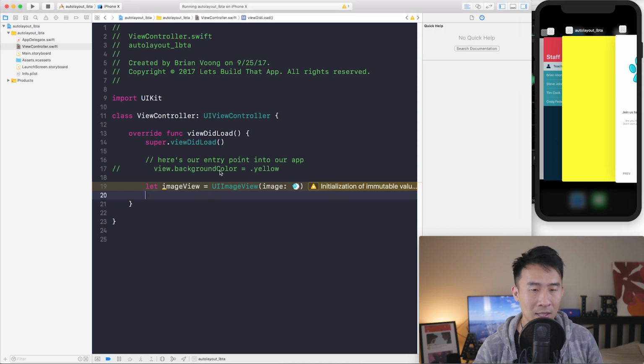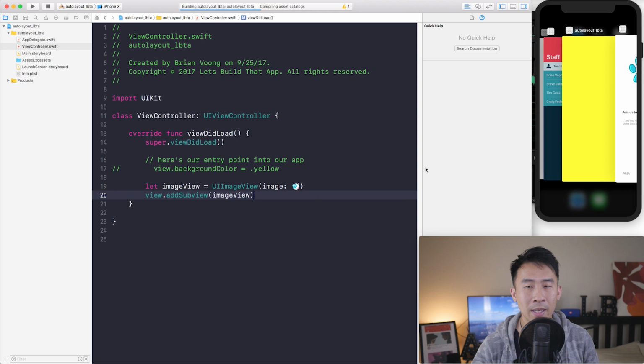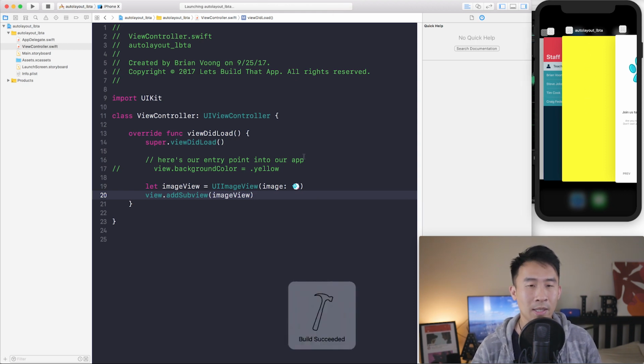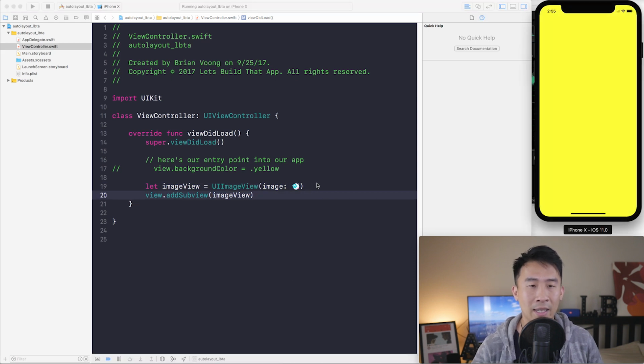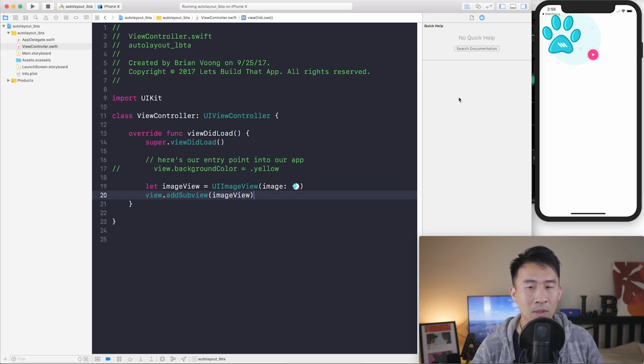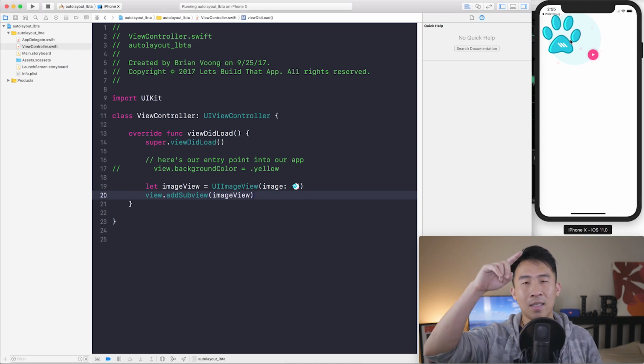I'm going to get rid of the yellow color like that, and then say view.addSubview of this image view. So I'm going to run this code now. It's going to compile everything and launch that app one more time. So I noticed the simulator is a little slower in Xcode 9. Not exactly sure why, but upon adding the image view, we get it kind of placed on the top left